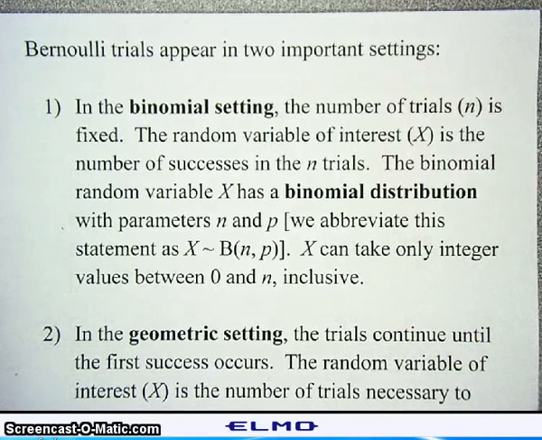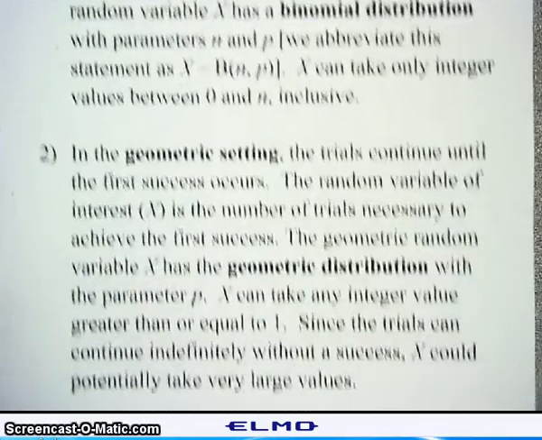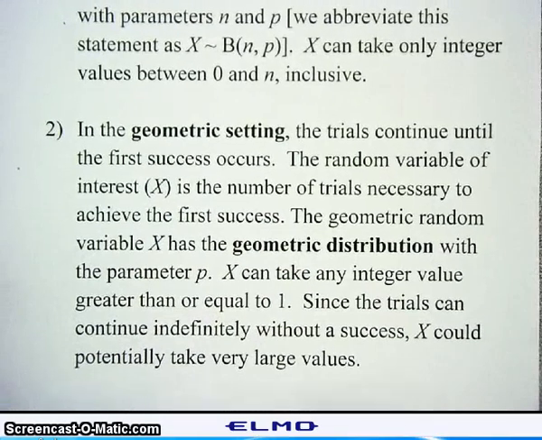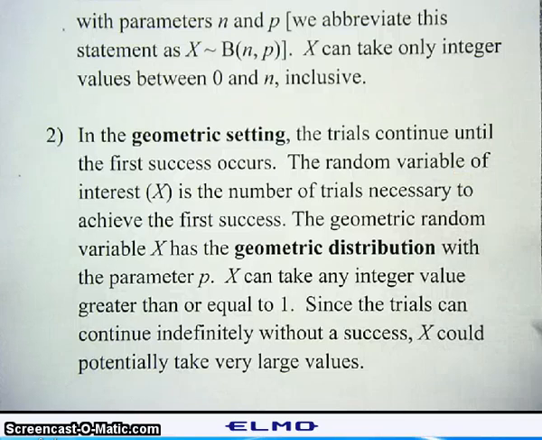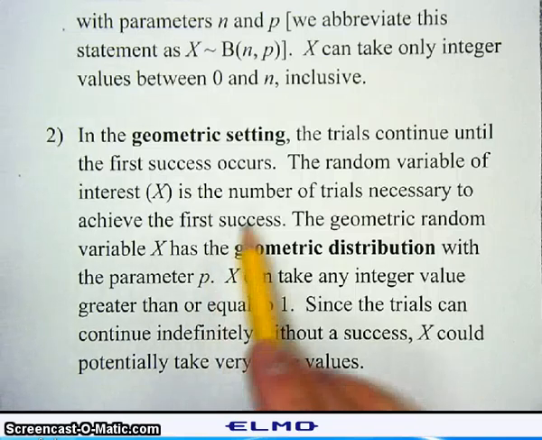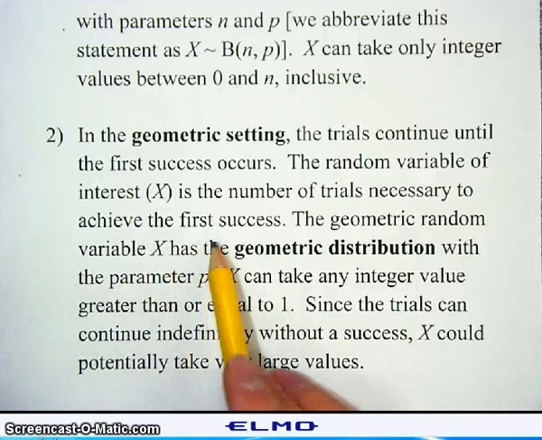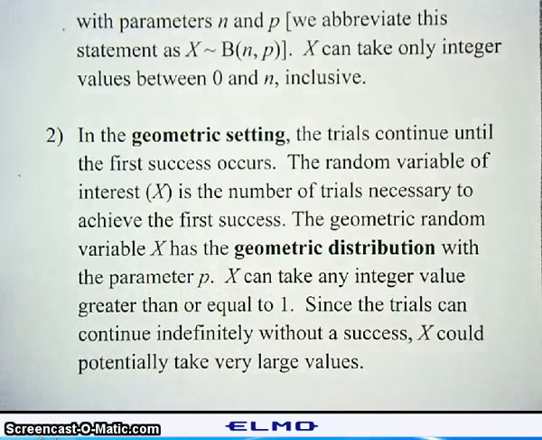The other place where you're going to see Bernoulli trials is in the geometric setting. In the geometric setting, we have an indefinite number of trials. We just keep trying until that first success occurs. The random variable of interest in this case is the number of trials necessary to achieve that first success. This geometric random variable has a geometric distribution with one parameter, p, the probability of success on any trial,